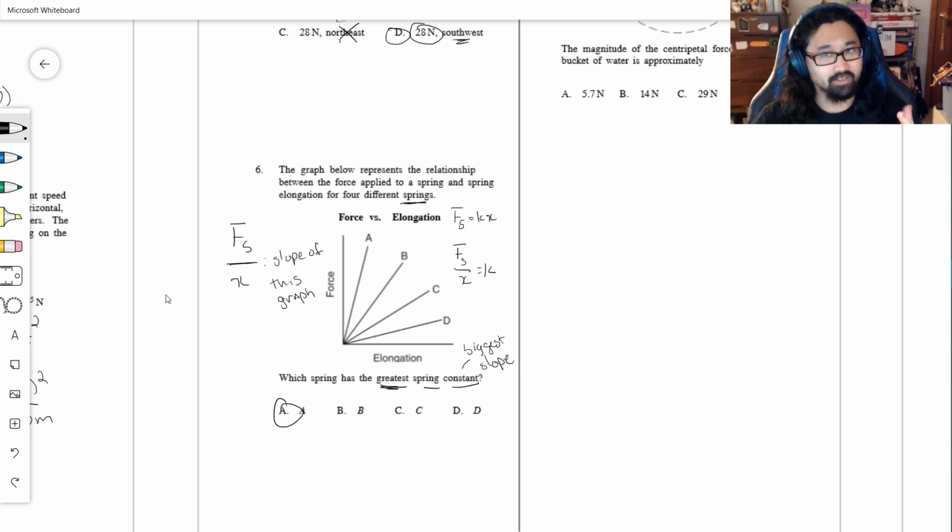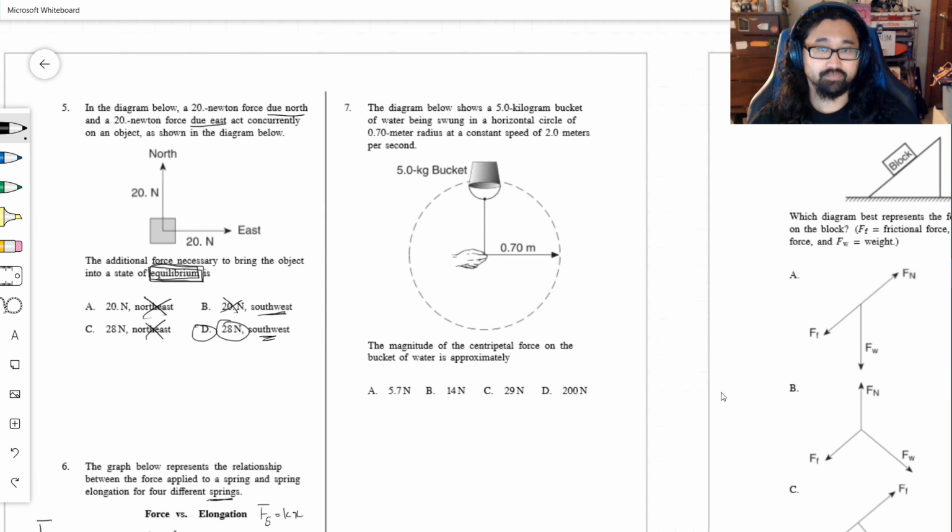And I think I said this, if I didn't say it before, I'm going to say it now. The spring constant is kind of a measure of how difficult it is to stretch this spring, right? If it's really difficult to stretch the spring, we're going to have a big spring constant. If it's very easy to stretch the spring, it's going to be a small spring constant. Now,